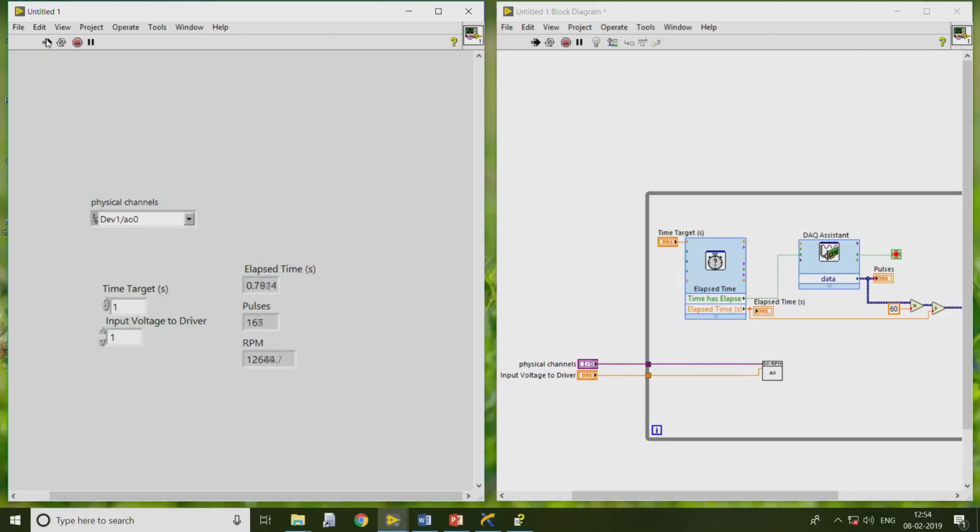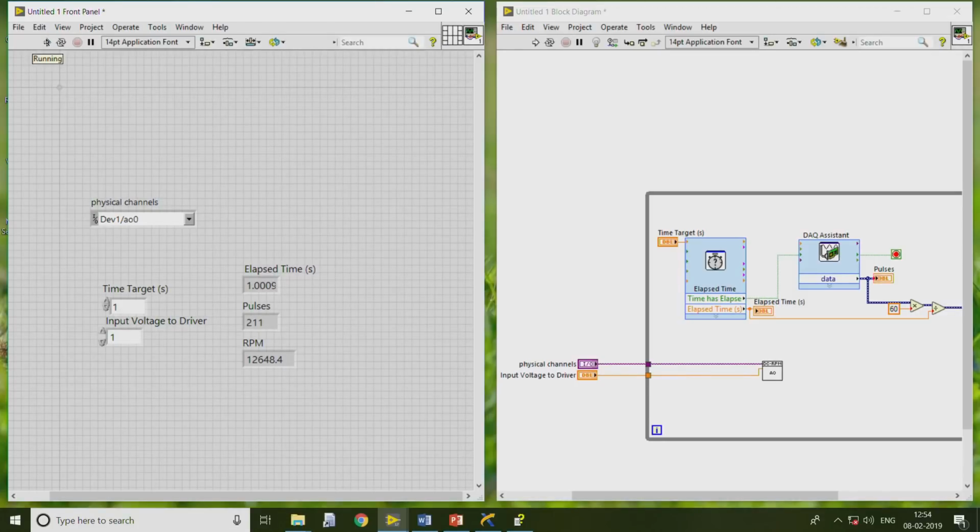So, we can understand that 212 is the number of pulses it is going to provide when the input voltage given to the motor is 1 volt, but it cannot tell us how many pulses it has been generating over time. For that we have to create a timer.